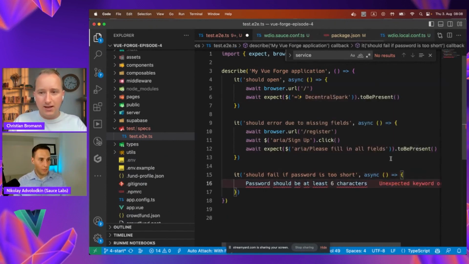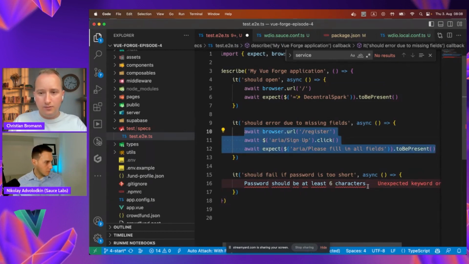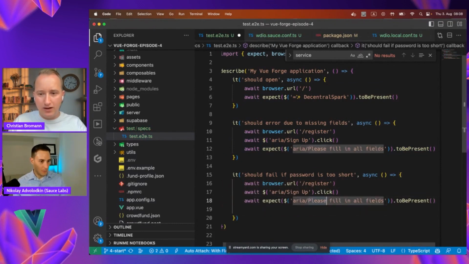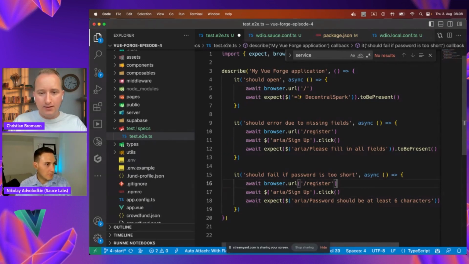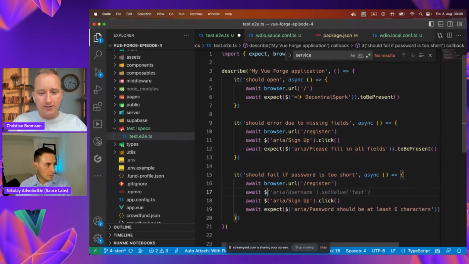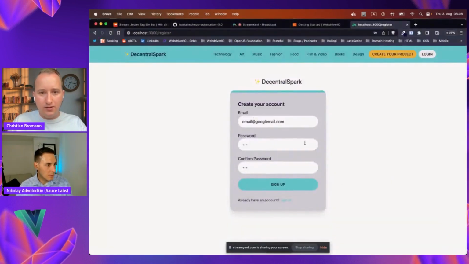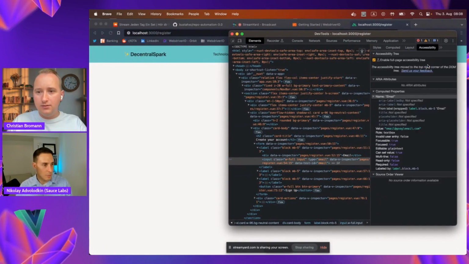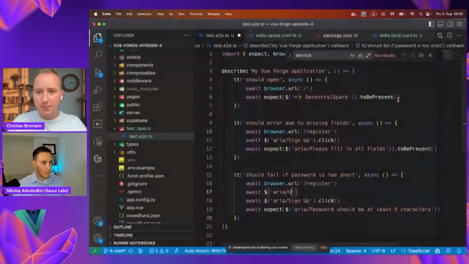So we do the same again. This time we expect that the error message will have this text. And before we enter, let me just find out, I think it was email, the accessibility ID. We look at the accessibility ID, it's email,